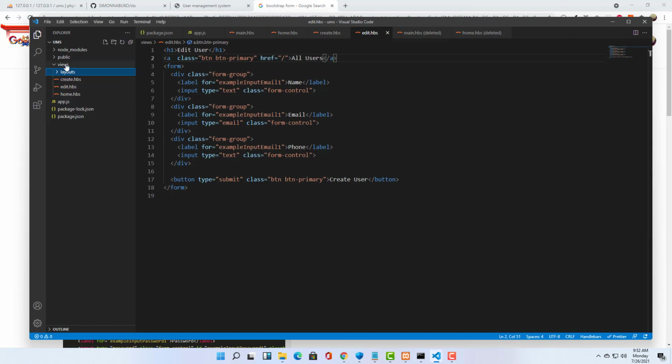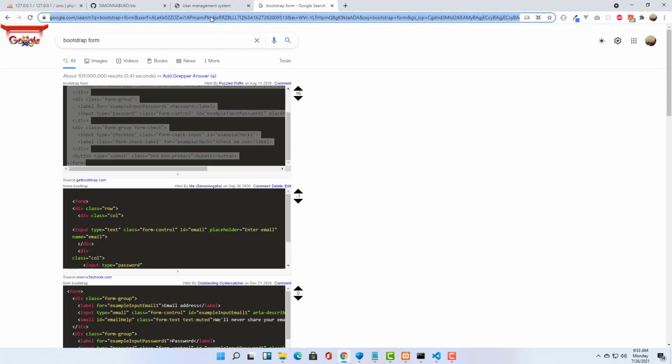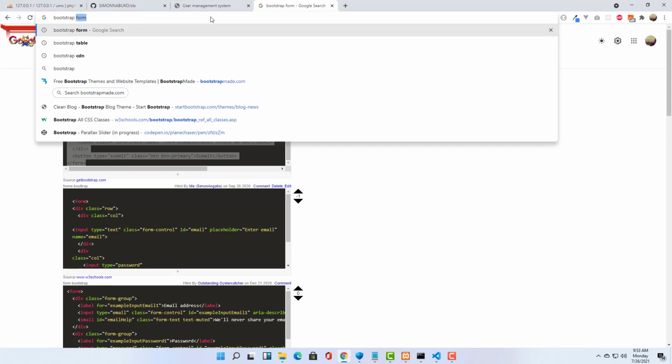So just create another file, and you can call it single.handlebars. Single, or you can just call it user, anything you want to call it, user.handlebars. But this is going to display each single user. So let's go to Bootstrap and get some Bootstrap card. So just search for a Bootstrap card,